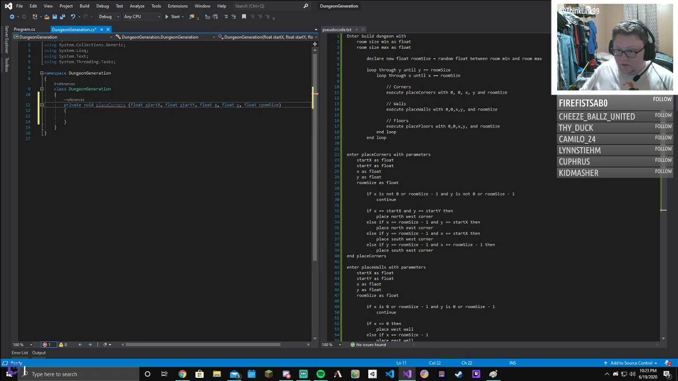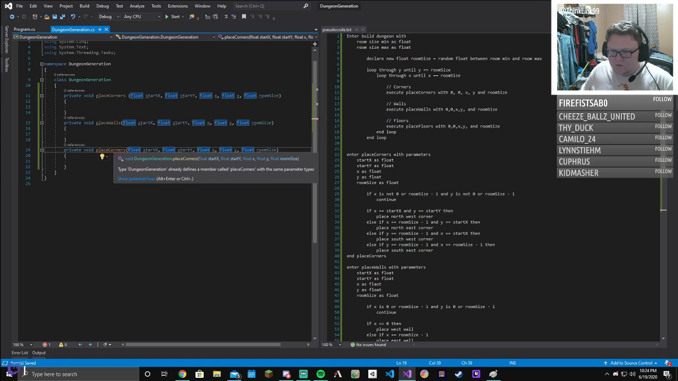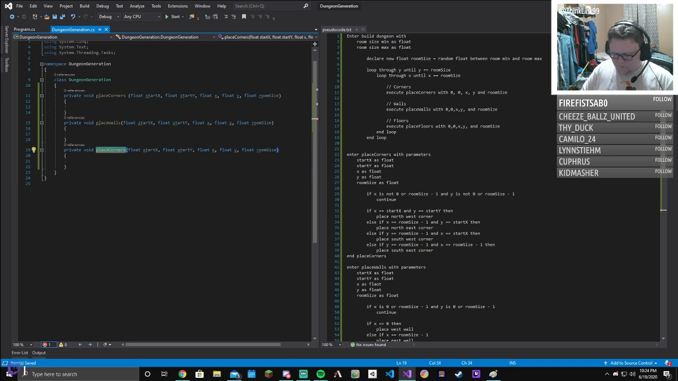Private void place corners. And then we'll do place walls and place corners. Did I spell that? Okay, no I didn't. I thought I spelled that wrong. Oh, sorry. Place floors. There we go. So, following that logic,